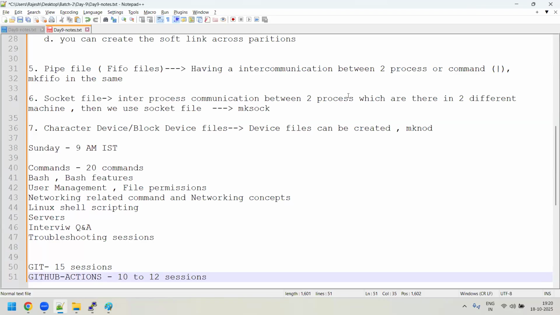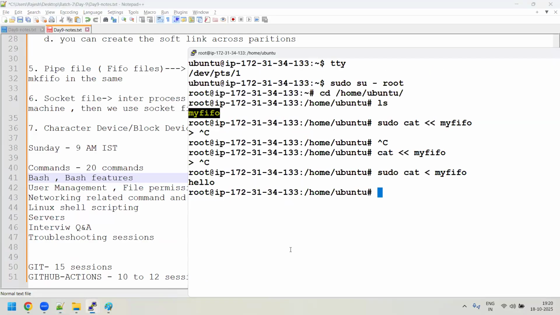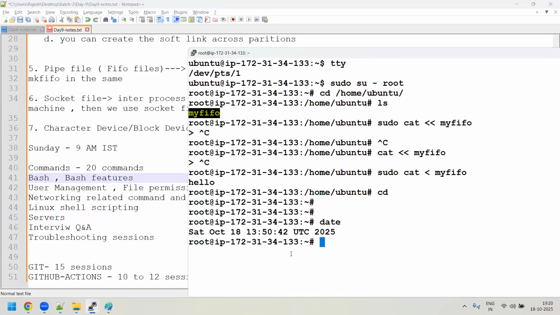Sir, one thing I have to ask. When you run the stat command for any file, we were not getting the local time according to Japan. How can we set the local time in any VM? We can set the local time by using the date command, with the -s option, or else there's the hwclock command.